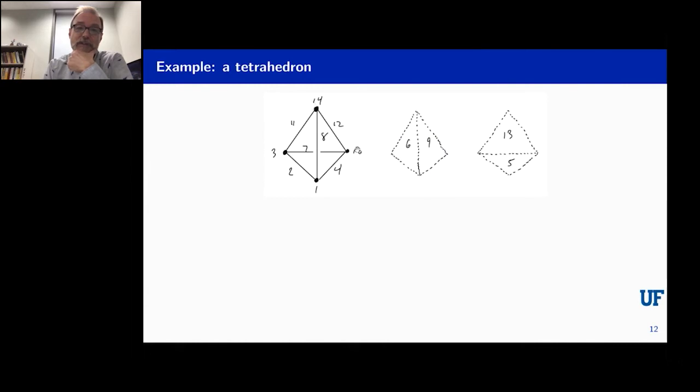So vertex 14 is a violator, for example. So is vertex 10. The other two vertices are okay. Then there's some edges and faces that are violators. So when you run this algorithm,